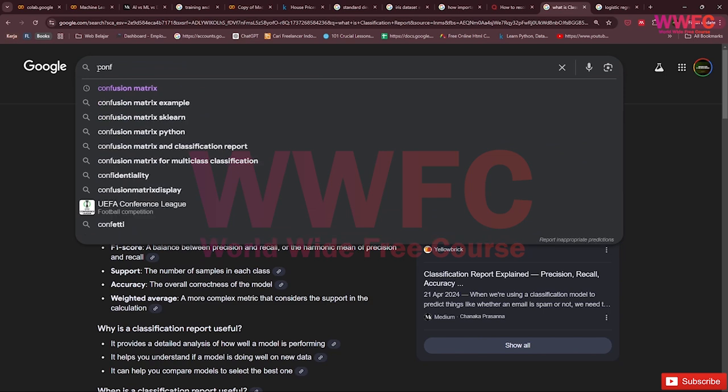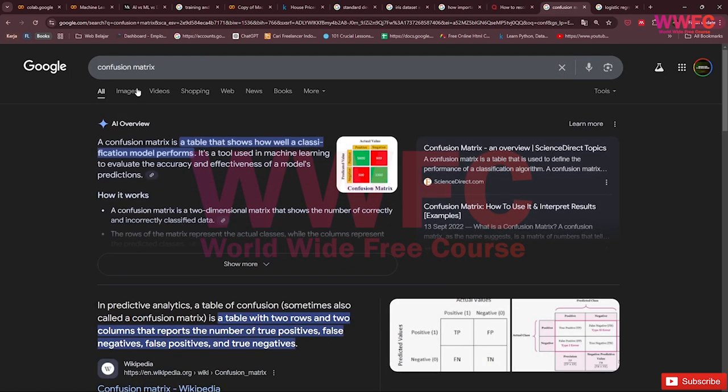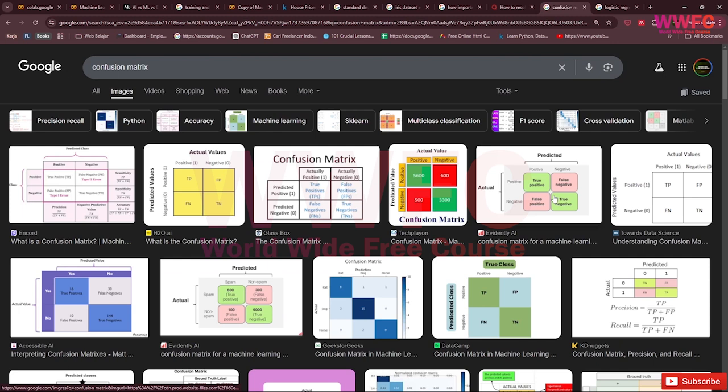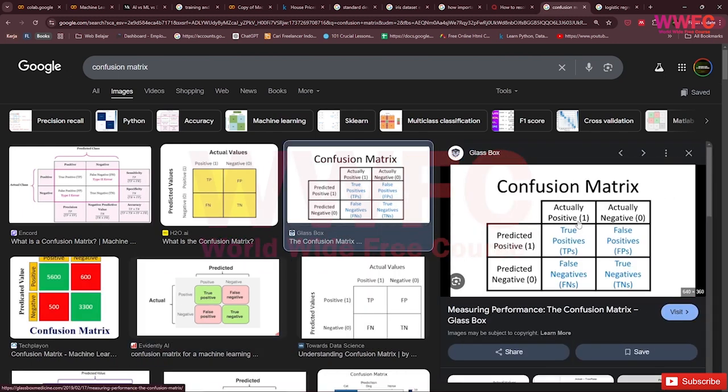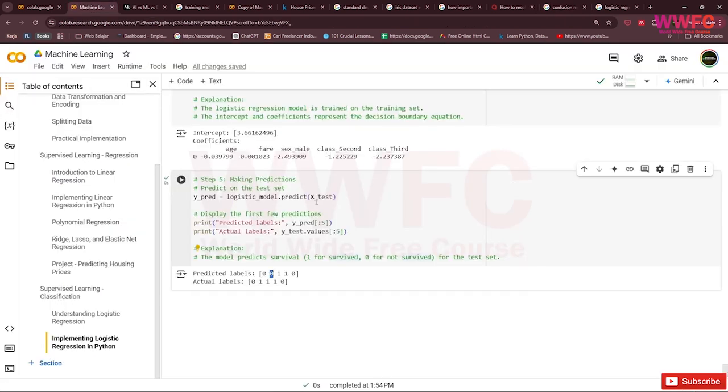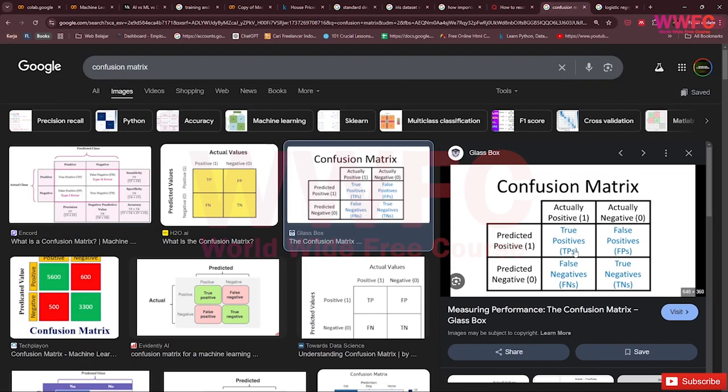So if you check again in the confusion matrix, the actual label is survive, but the predicted is not. So the actual is positive, like survive, but the predicted is negative.